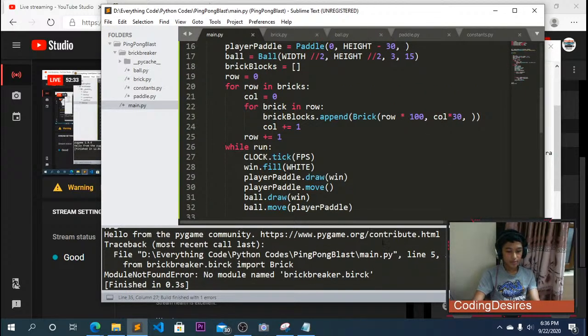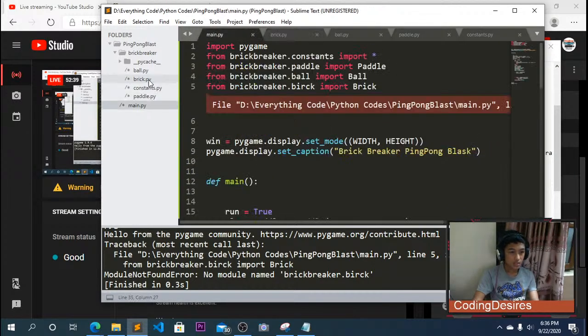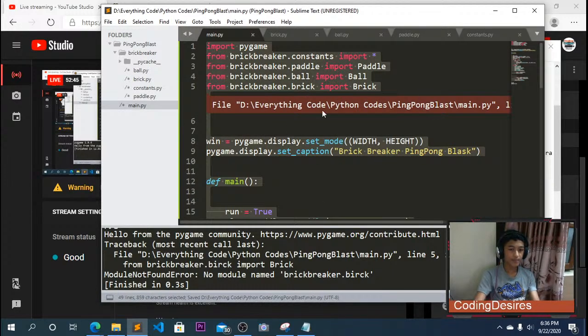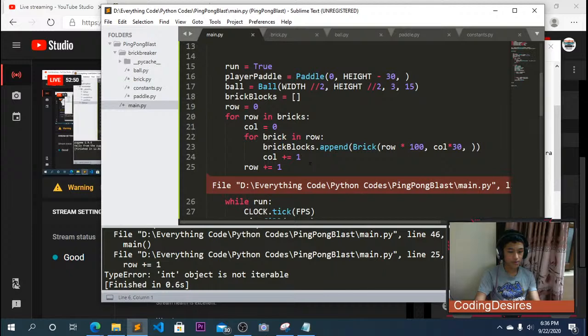No module named brick breaker dot brick, but it's right here. What happened? Okay, brick int object is not iterable. All right. I should rather say row z